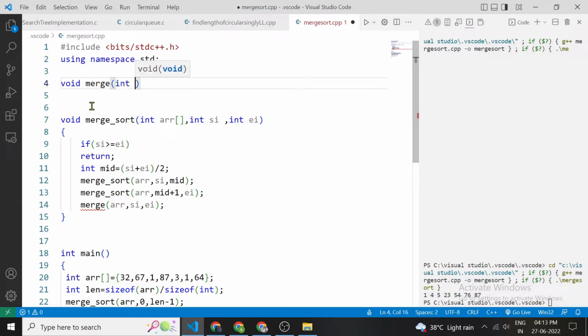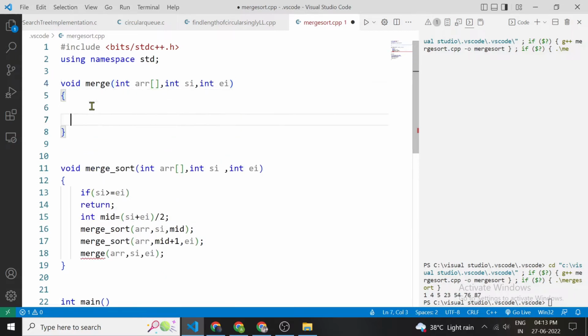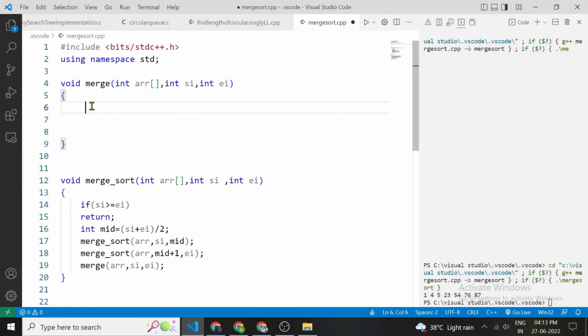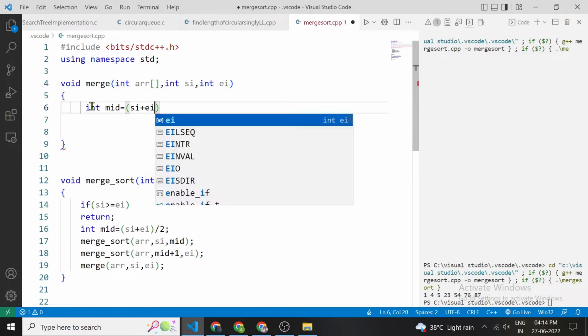Now it's taking array, starting index, ending index, and it is also going to find mid using the same previous formula, that is starting index plus ending index by